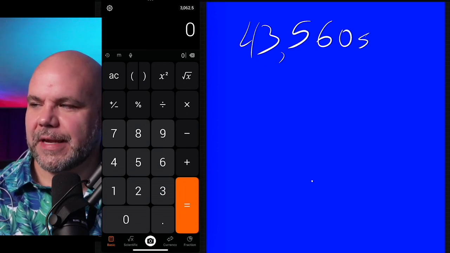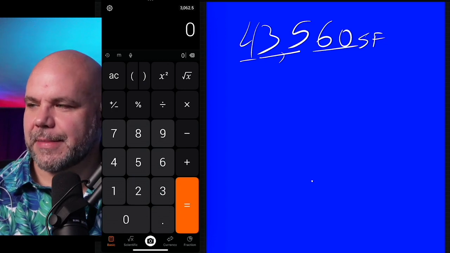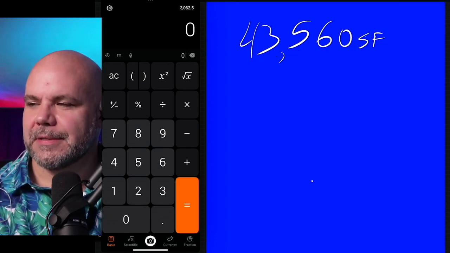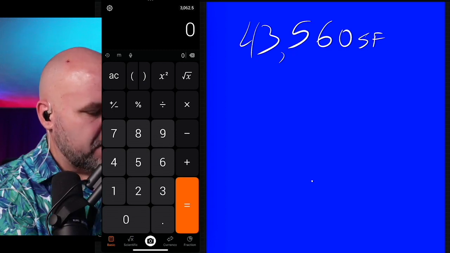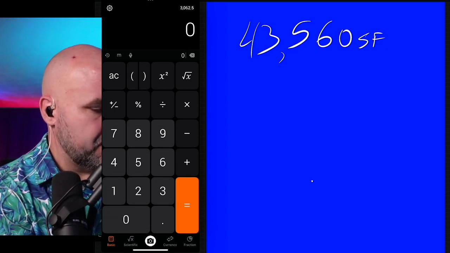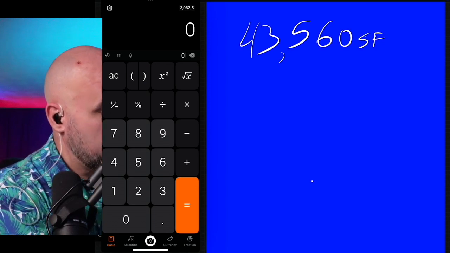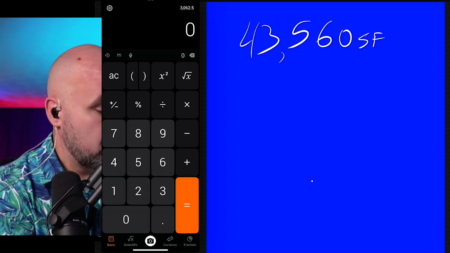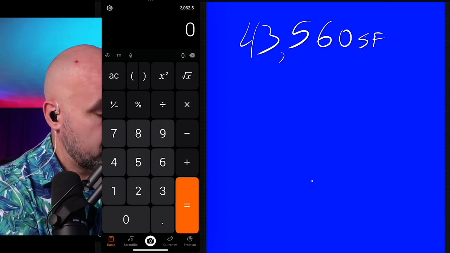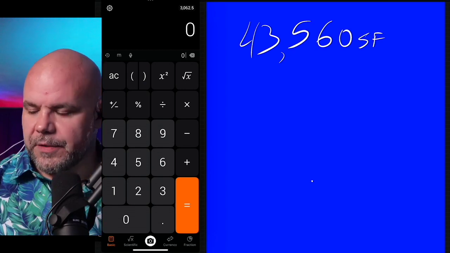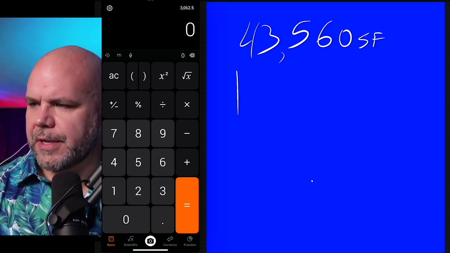43,560 square feet per acre. Four little old ladies driving 35 miles an hour in a 60 mile an hour zone. And so let's see if we can find an example. I'll just have to make one up, I think. We've got property